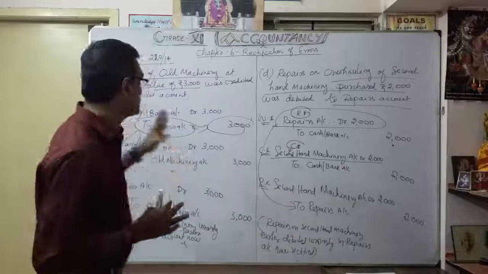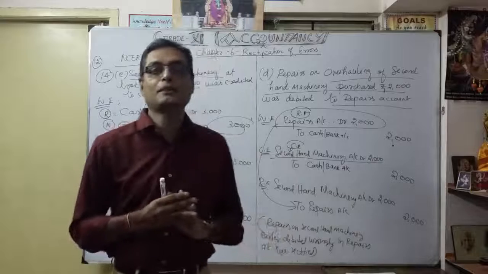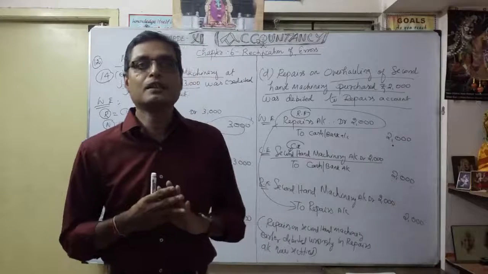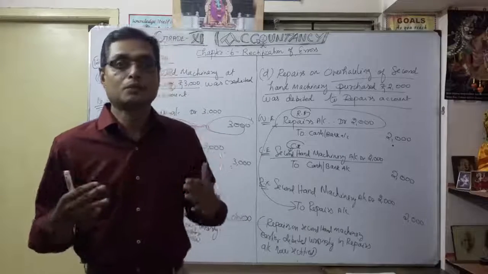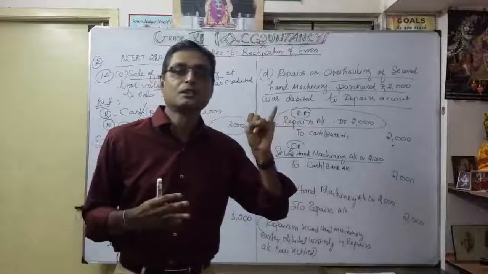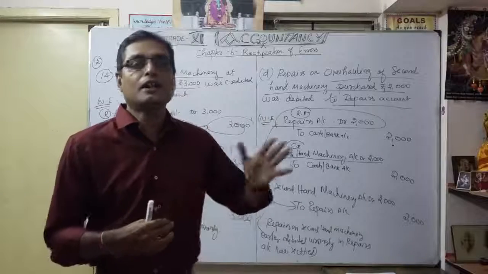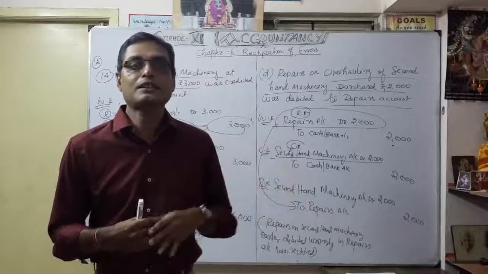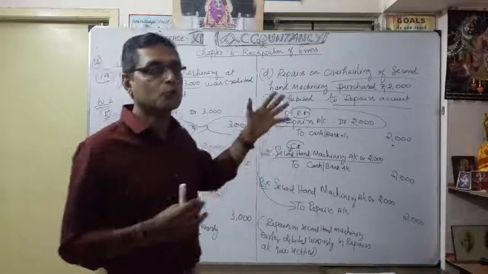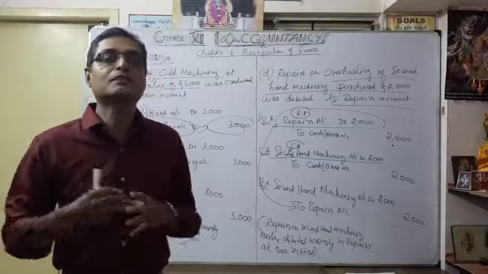Okay. Now you have understood these five transactions. All five come under which type of error? Everything comes under error of principle. Now you understand how to identify errors, and wherever needed you have to pass the wrong entry, correct entry and rectification entry. Even for one-sided errors, as in our previous exercise, you always have to make a suspense account. We learned how to open a suspense account.